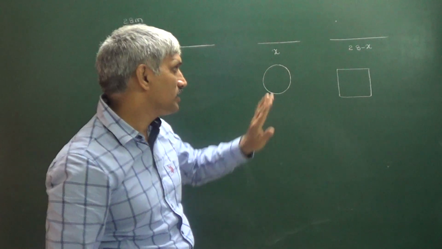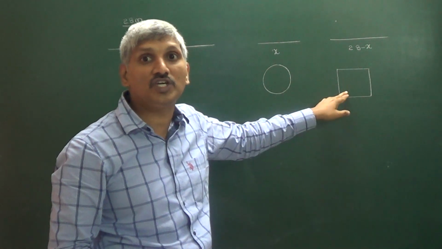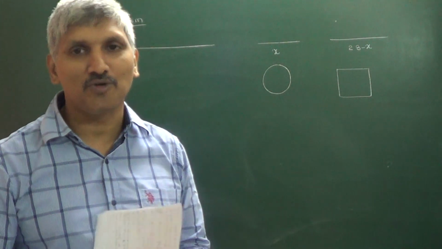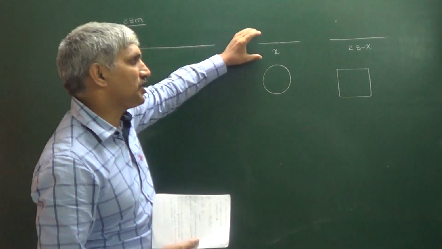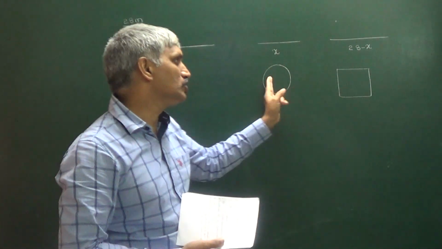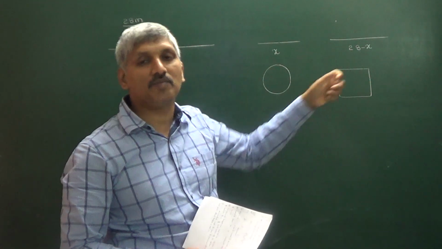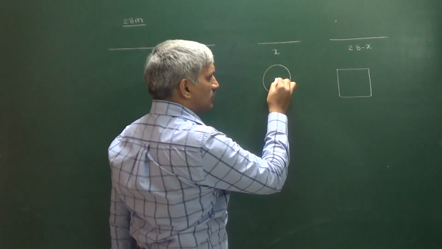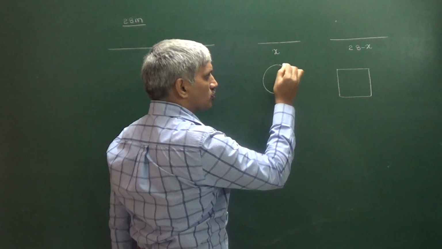What is asked? The combined area of these two is minimum. Then what are the lengths of the two pieces? So what is the x value, so that these two combined areas are minimum? Okay. So write the circumference of the circle. I am assuming the radius of the circle is equal to r.